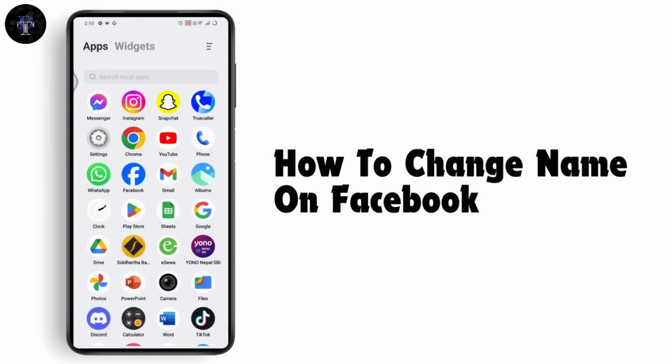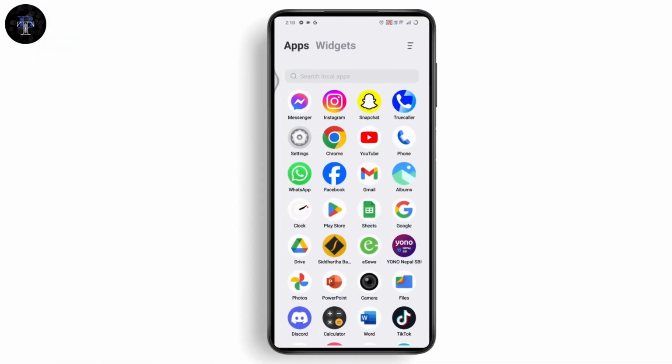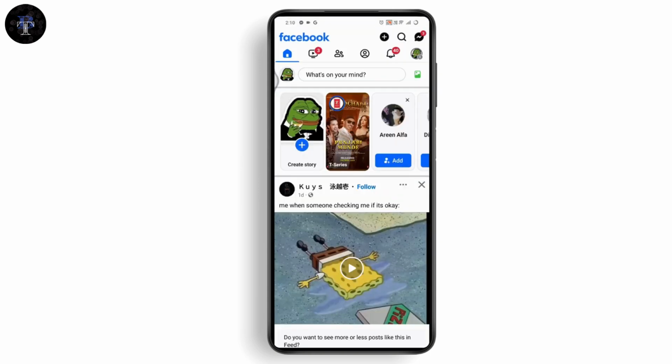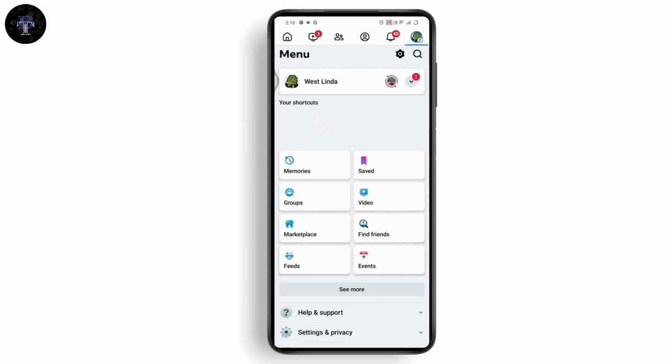How to change name on Facebook. So if you want to change name on Facebook, then first you need to open up your Facebook application. Once you've opened your Facebook, now go for the upper right, which has that three dot icon, and then you